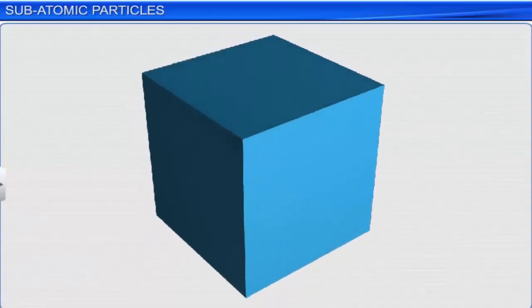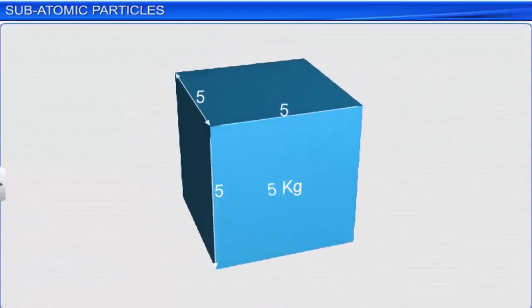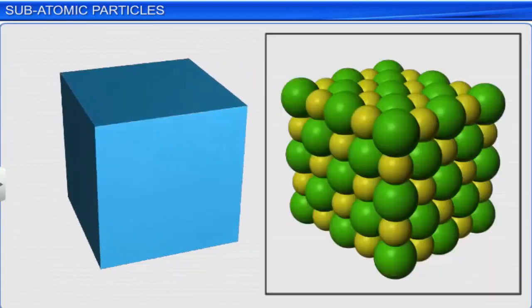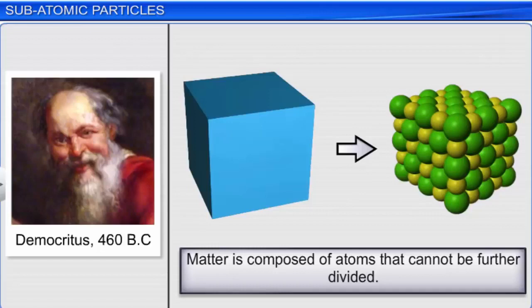Any substance that has mass and occupies space is called matter. It is made up of small particles called atoms that cannot be further divided. This idea was first proposed by the Greek philosopher Democritus back in 460 BC. However, due to the lack of scientific evidence, Democritus's ideas were considered mere speculations and ignored for 2000 years until